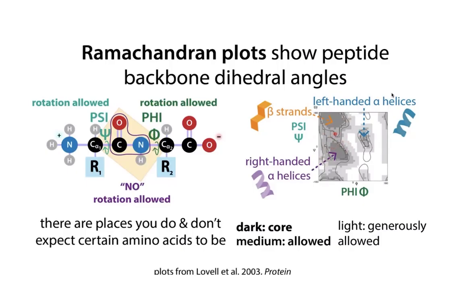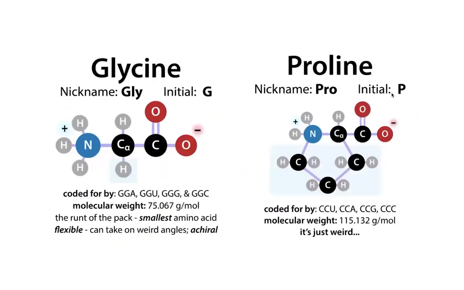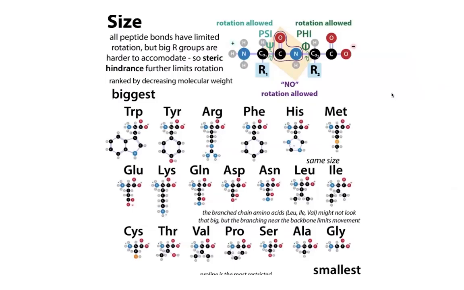But remember that the dark regions where you have a lot of dots clustered, those are going to be the most preferred regions. The lighter regions, they're like, okay, well, that's kind of okay. If you're outside of those regions, then something might be weird with your structure. Except if you're looking at glycine and proline. Although those are kind of like our extremes,